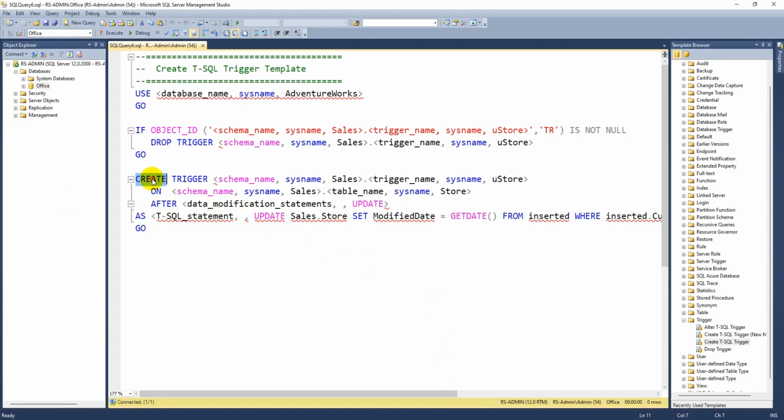You can see the syntax, create trigger. This is the schema name; you can use dbo or any other. After that you can write the trigger name, then on what is the table name, after what is the logic, whether it is after update or after insert, that is what we are going to create. This is the basic syntax. I am just trying to tell you that this particular syntax can help you recollect the query syntax whenever you are not able to recollect it.